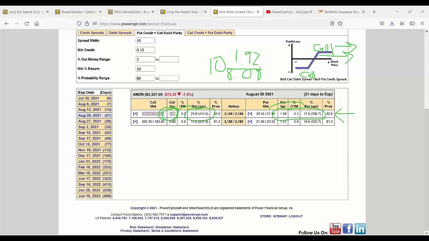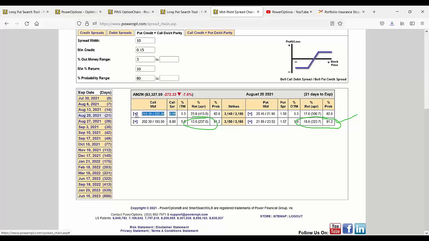Do you always see that? Is the bull call debit spread always higher? No, in fact, at the next strikes, it's lower. The parity is actually lower than the bull put credit spread. So if these were the strikes I wanted and the return I want, I'd be staying with the bull put credit spread. Trick is,